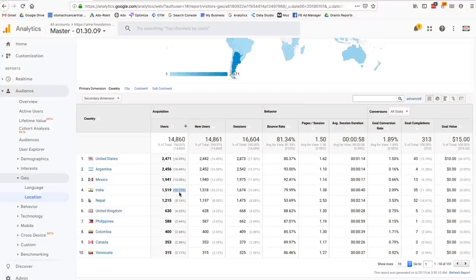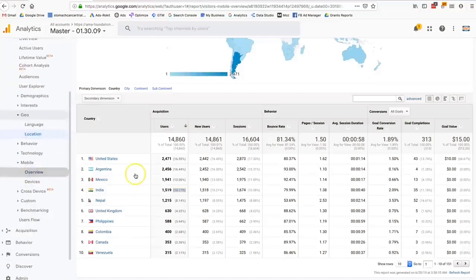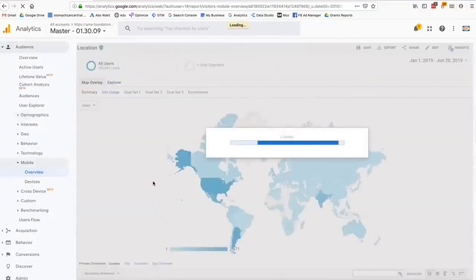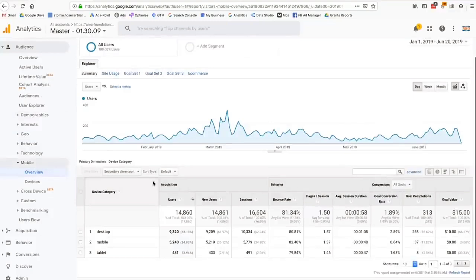So that's geo. But more importantly, let's take a look at mobile. If we go to mobile overview, how are people coming to our website? Are they on a desktop or a laptop? Are they using their mobile device? Are they using a tablet? Google Analytics breaks it down very nicely for you. We can see percentages and actual numbers by device category. In this case, I can see year to date 62% are coming from desktop, 35%